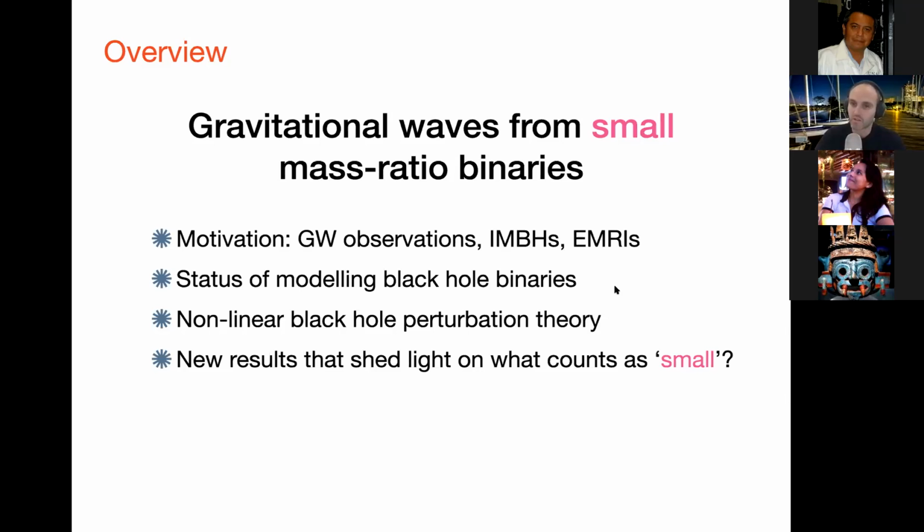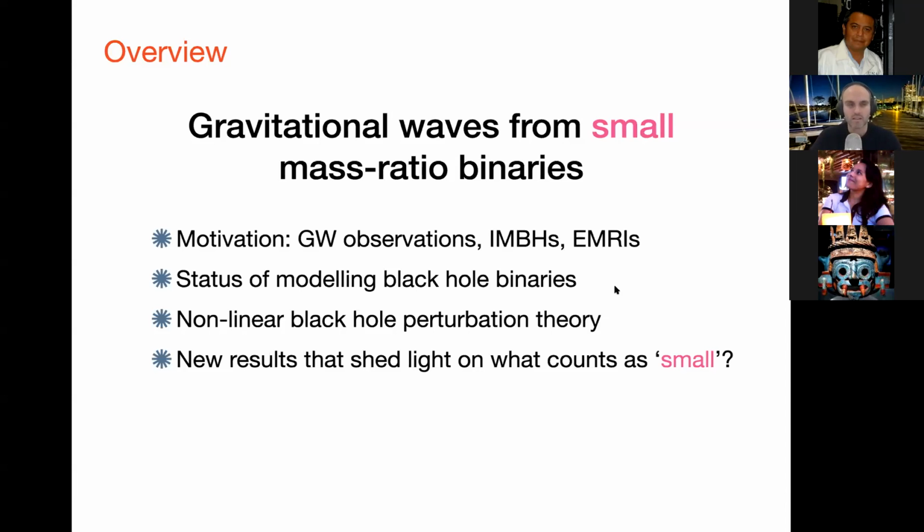And then I'll talk about using black hole perturbation theory, which turns out to be the most appropriate way to model such systems, and in particular, an extension of black hole perturbation theory beyond the normal linear order that you might be used to. So if you've ever done any black hole perturbation theory, you might have looked at the Regge-Wheeler equation or the Teukolsky equation. These were derived back in the 60s and 70s. And that was linear perturbation theory. A huge amount of work has come out of that, but now we're pushing beyond that to nonlinear black hole perturbation theory. And so I'll just sketch out the framework for that. It's reasonably complicated. I won't give too many details.